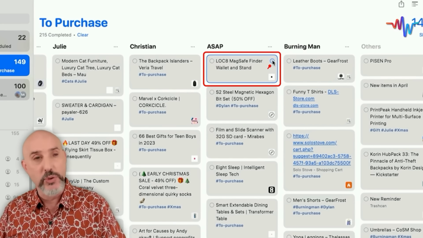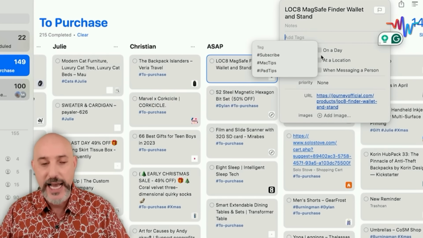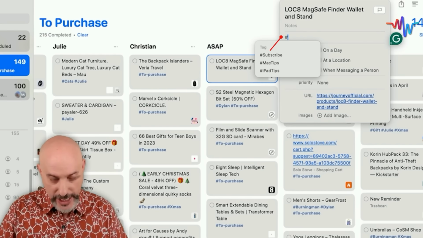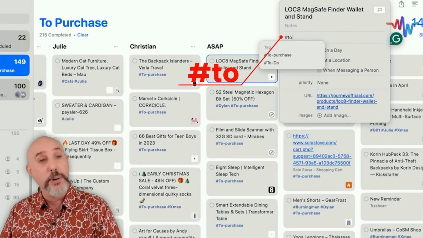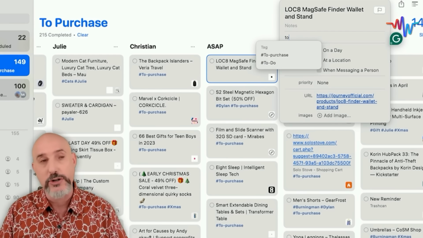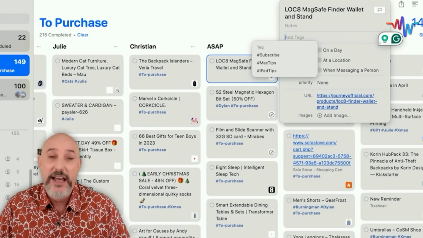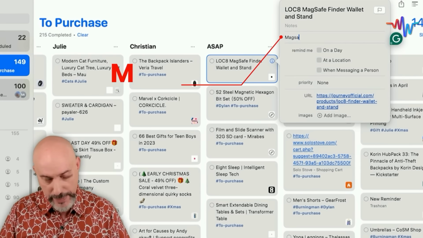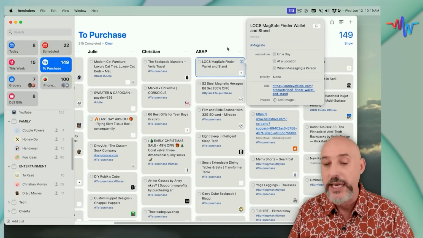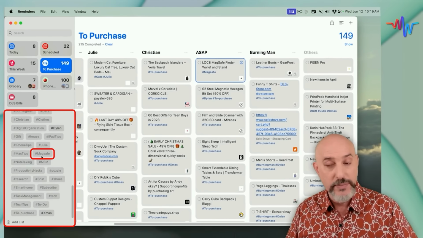But in addition to being able to right-click on it, if you click the little I, you'll see a section right here that says Add Tags. And you'll see that it's giving me suggestions. So if I come in and I go hashtag to, it's going to give me my to purchase or to-do list. In fact, you don't even need to put in the hashtag. If you just write the letters TO, it's going to find those. But maybe this is a new tag that I haven't ever utilized before. I just type in MagSafe and hit return, and it creates that hashtag for me and adds it to my tag list alphabetically down at the bottom right here. There it is,